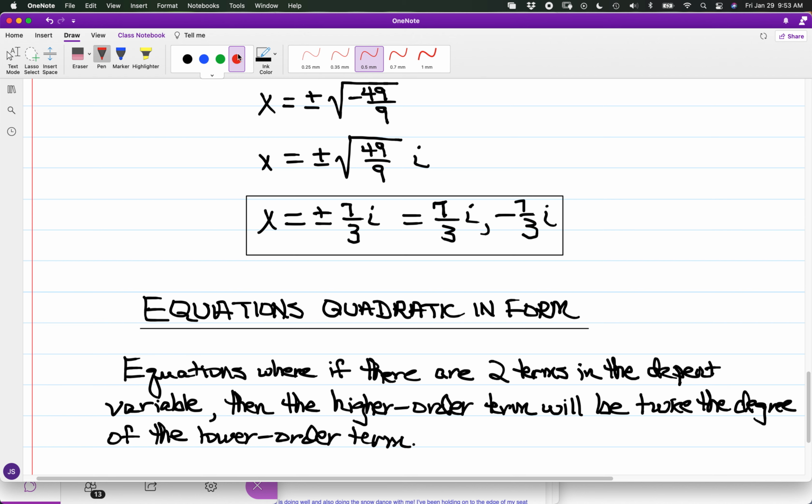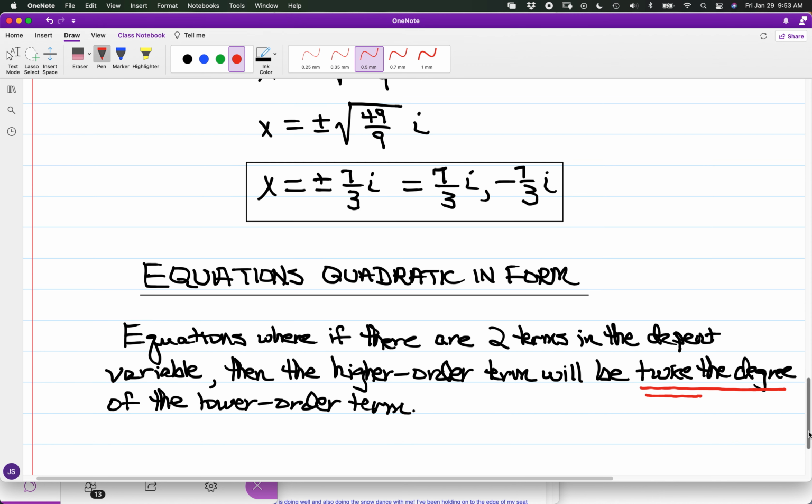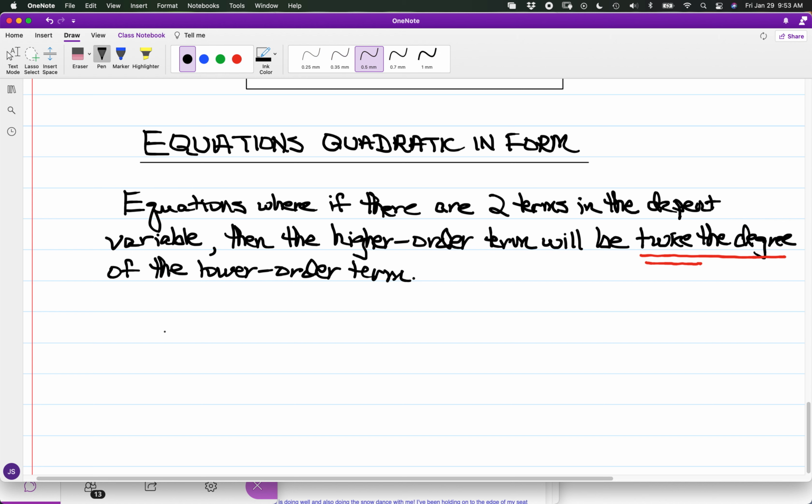And not necessarily just term, but it can also be expression. But here, just placing emphasis, you have twice the degree. And just examples of equations that are quadratic in form. I'll just take some here, not to solve for at this stage, but just want to give you examples here. If you have, let's say,